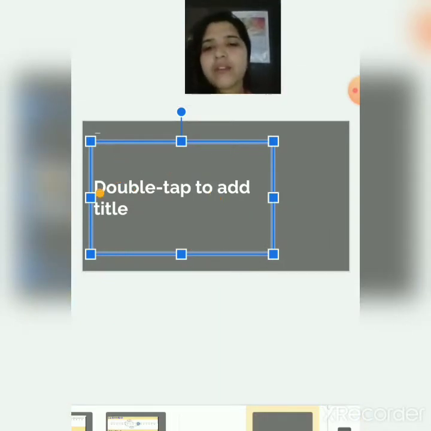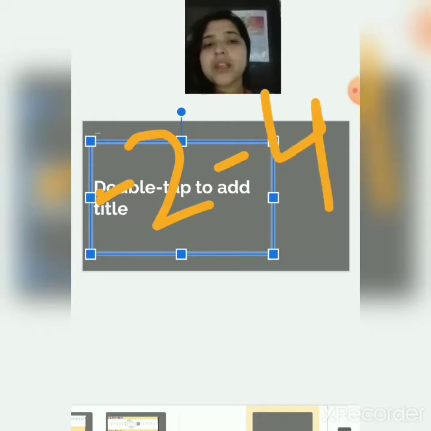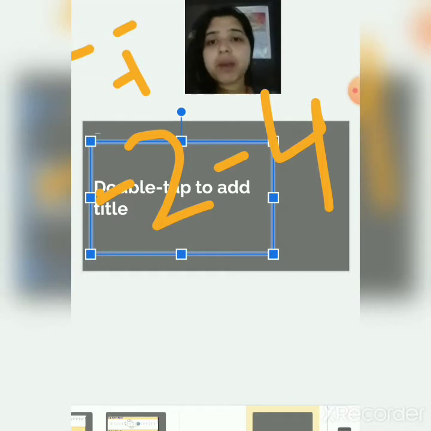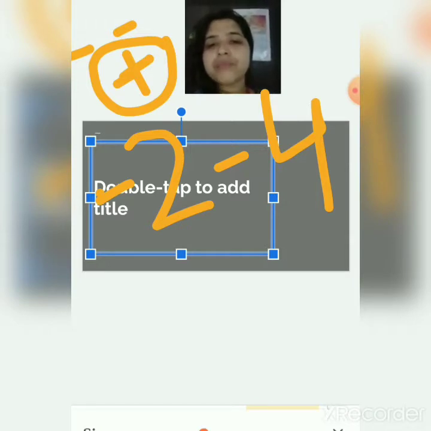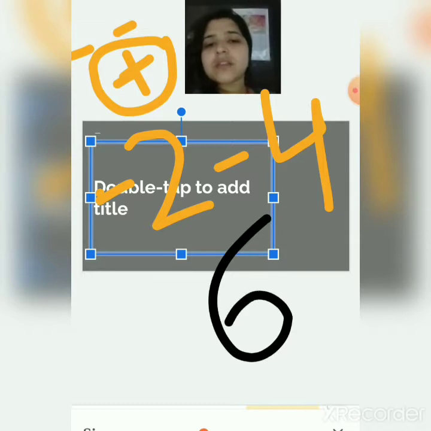We have minus 2 and minus 4. Both are minus. I have told you, if both are minus, we will add. Minus minus is plus. So minus 2 minus 4, हम दोनों को प्लस कर लेंगे, because if two numbers have the minus sign, we add the numbers. So minus minus is plus. So we have 2 plus 4 is 6.